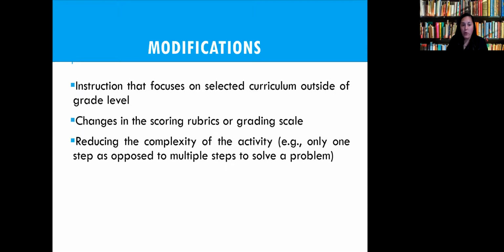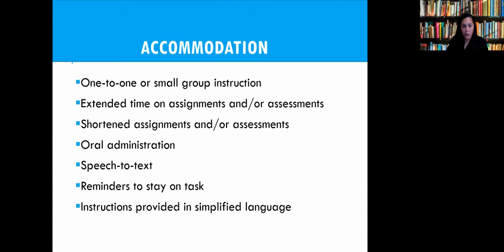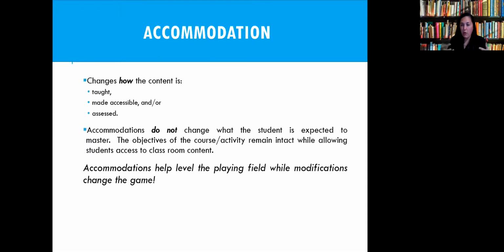But one of the things that is relevant for you to understand, and so I put it here in this slide, is that when you hear accommodations versus modifications, it's a difference in leveling the playing field. When you're talking accommodations, we are attempting to give an individual access to what's going on around them, to their curricular environment. We're going to provide things like extra time, shortened assignments, or modified verbalizations with simplified language. So I'm just attempting to give you access to what's going on around you in a way that's beneficial to you.